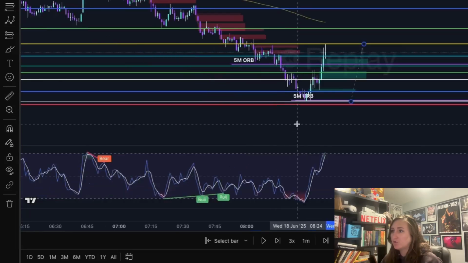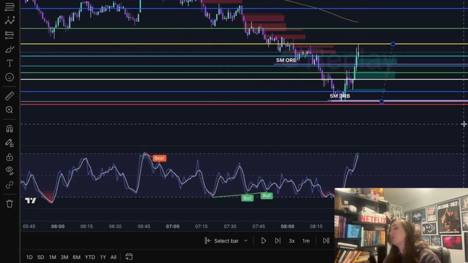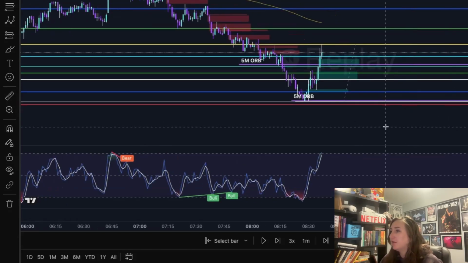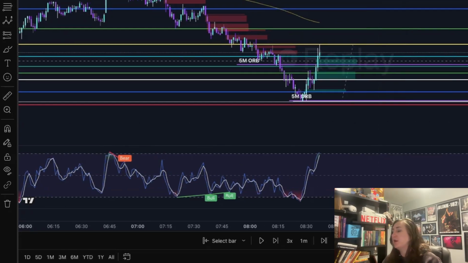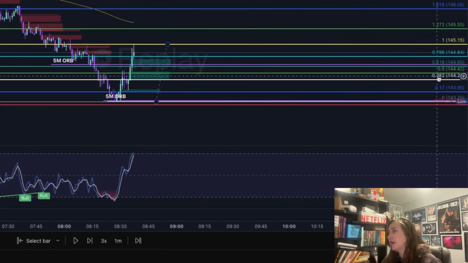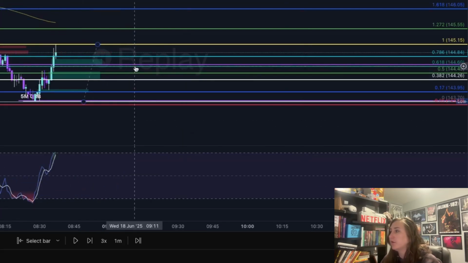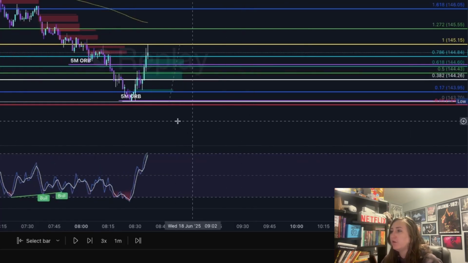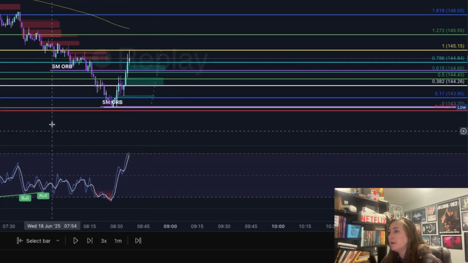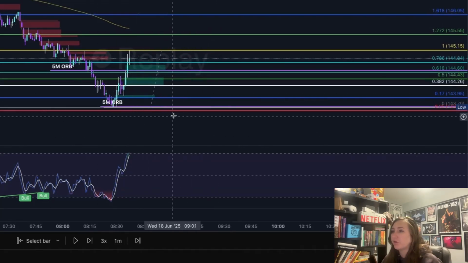Yes, I know I'm drawing my fib a little bit backwards further on. I understand this is just how I draw my fib with my plays. I'm usually looking at the 0.618, 0.5 for entry. What's cool right now is our 0.618 actually lines up perfectly with the opening range breakout. So these are a lot of confluences coming into play that this could be a potential reversal play here because